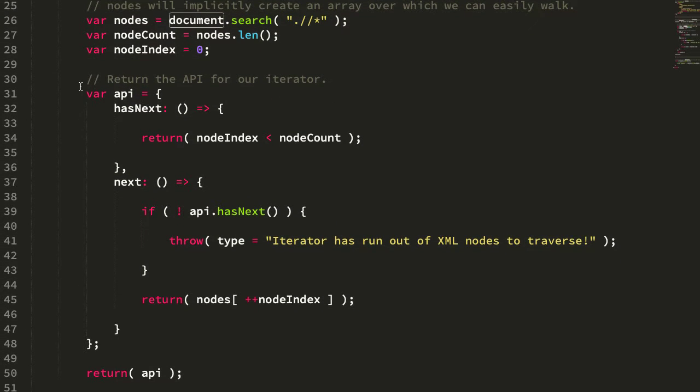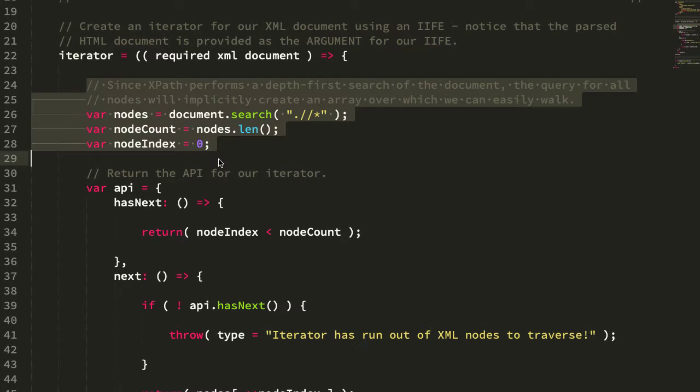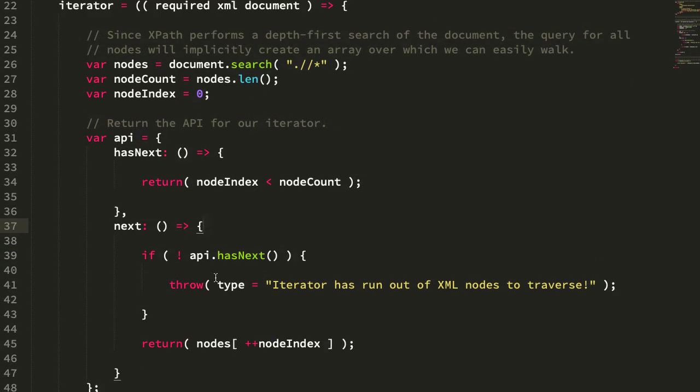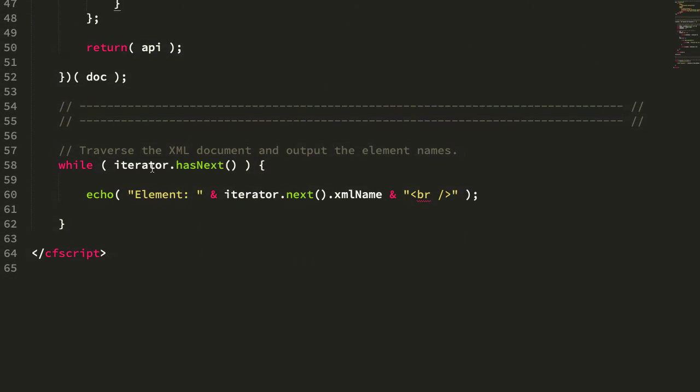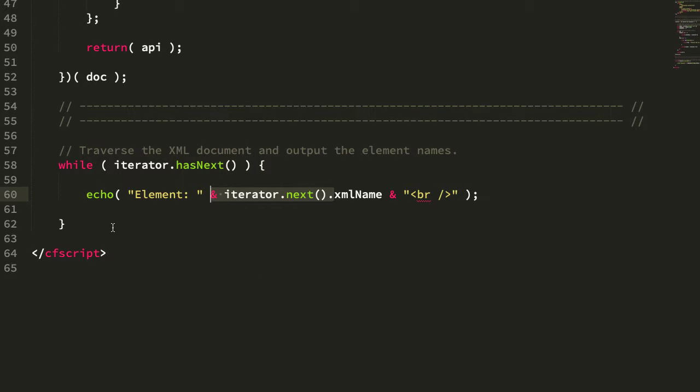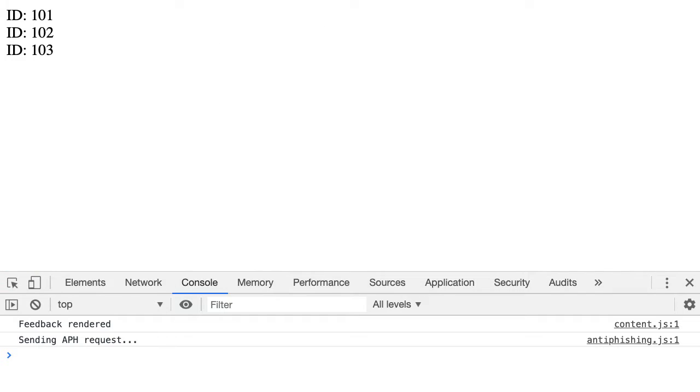It's then going to return a public API, and the methods on this public API, hasNext and next, you see, are going to operate on the private variables within this IIFE's private scope. They're closed over these variables, and again, therefore they can act upon them even when these functions are passed out of scope. And then what we're going to do is just say, while iterator hasNext, we're going to output the name of the elements. And if we run this,